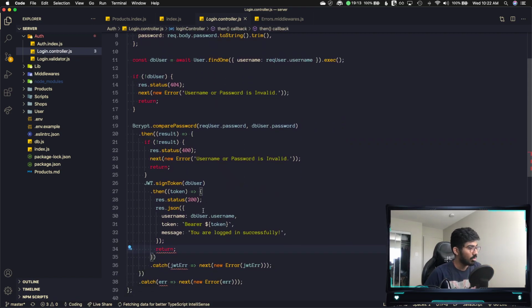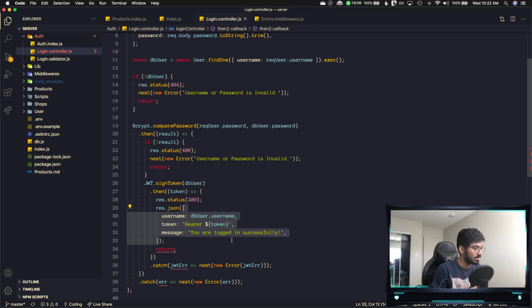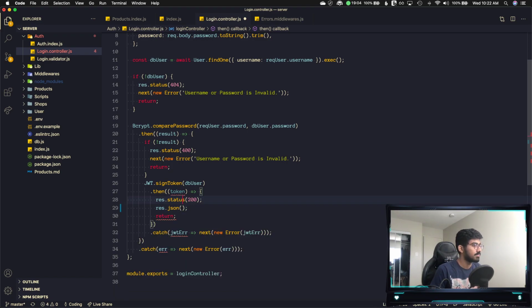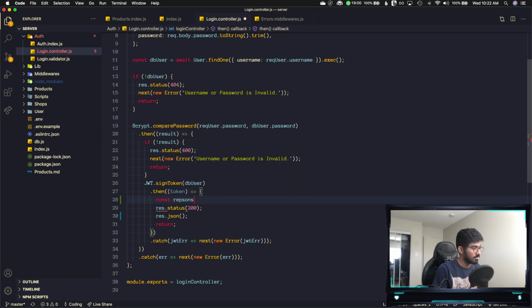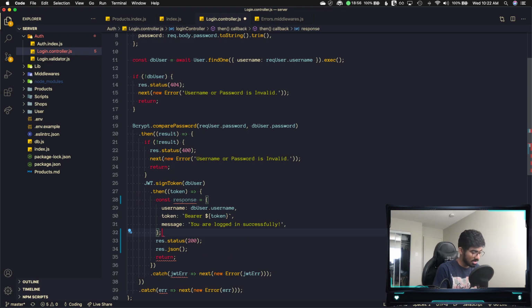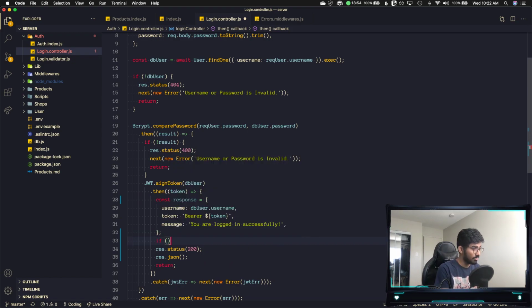Nice. And what we can do here is, rather than just returning this object, response and this object, and if